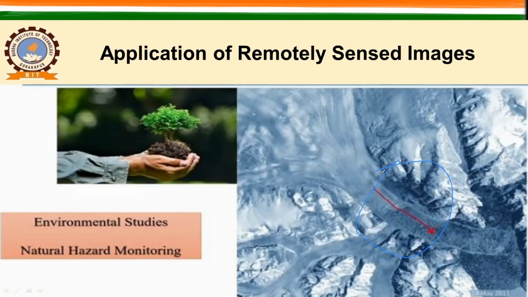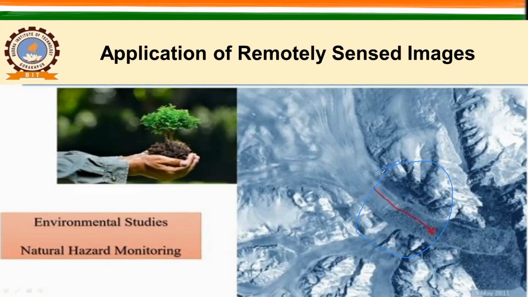You can see this area moving slowly, which has been captured through satellite over the years. Now you can identify their direction and what mass is coming in this flow, so you can prepare for the hazard.